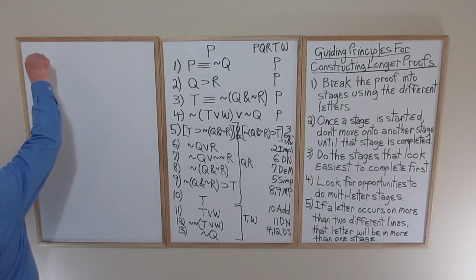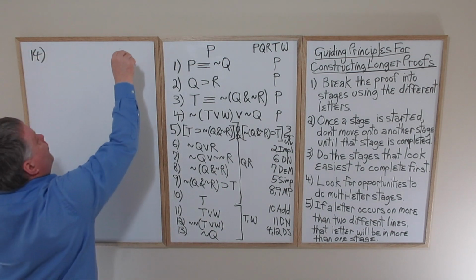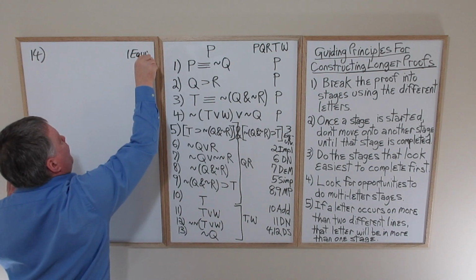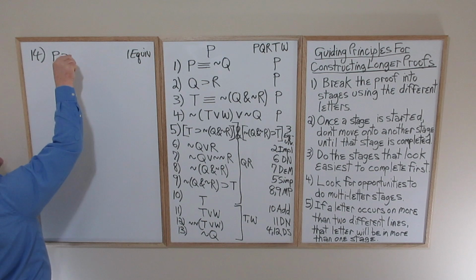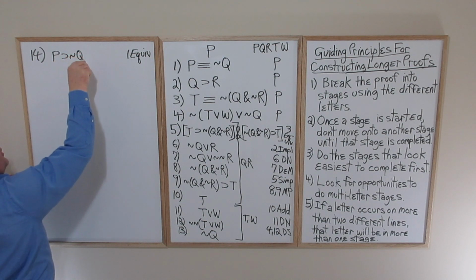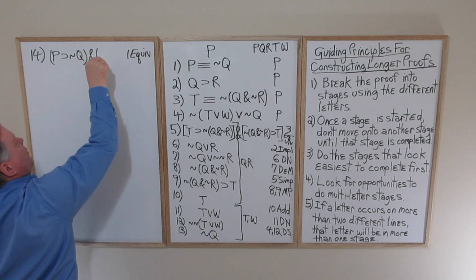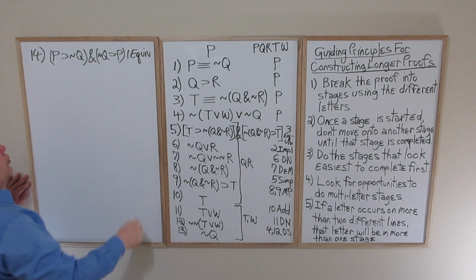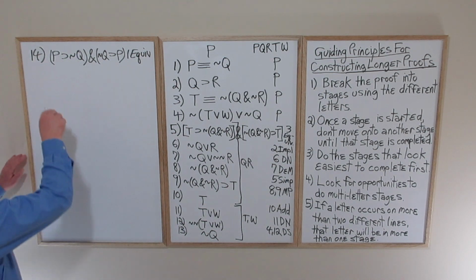So 14, we do one equivalence, so this will give us P horseshoe tilde Q and tilde Q horseshoe P. Given that we've got tilde Q on line 13,